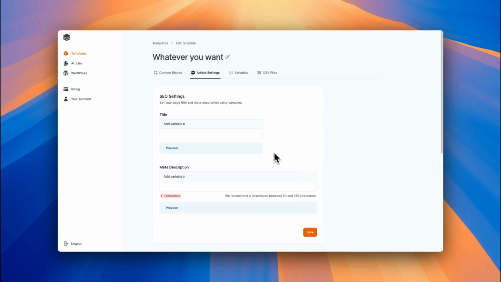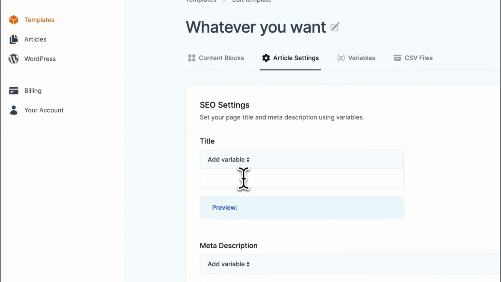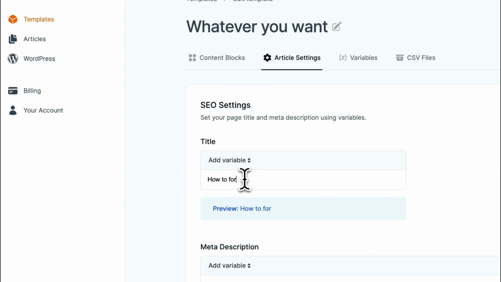Upload it. Now this is a CSV of LLC formation information, which sounds like a mouthful because it is. It's basically all the information you would need to know about forming an LLC in every single state. So there's 50 some odd rows in here. So what we want to do, in the article settings, is set a title. So here we're going to do how to form